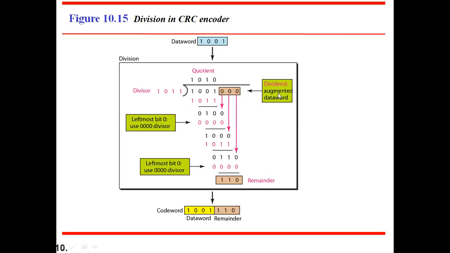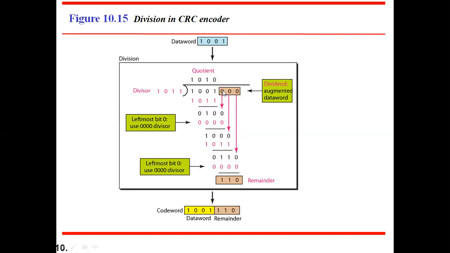After adding the augmented bits, start performing the modulo 2 arithmetic, or XOR operation as we call it. So 1011. The first bit is 1, so definitely 1011 goes under it, then you can take that. Then 1 XOR 1 is 0, and 0 XOR 0 is 0, 0 XOR 1 is 1. You just have to remember the truth table of XOR. So 1 XOR 1 is again 0. After every one place of operation, you have to shift right by one position. This has to be left as it is, because it has already become 0, but still it has to be shifted right by one bit.